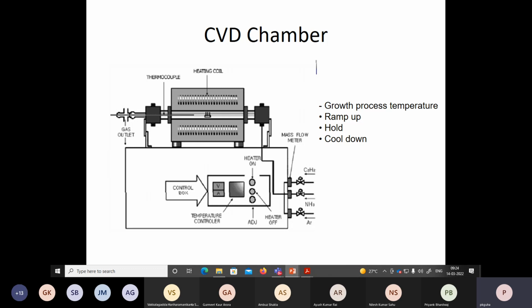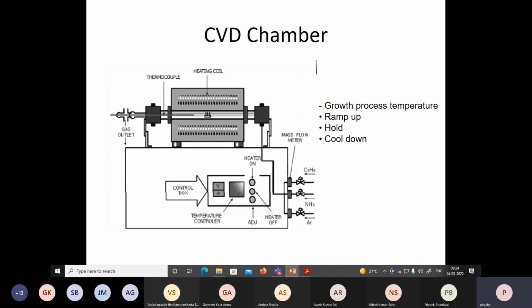Whatever carbon nanotube you buy from the market, mostly it is CVD grown, because you can grow quite a lot. The amount will be very, very large, and the purity is not that bad. Although it is not as good as laser ablated carbon nanotube, it is much better than